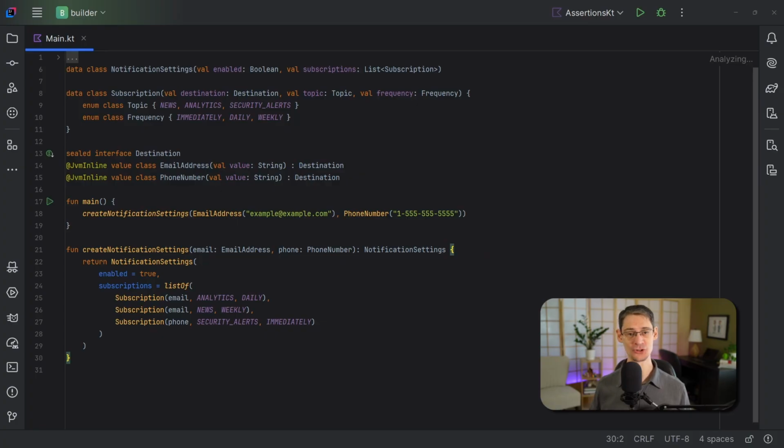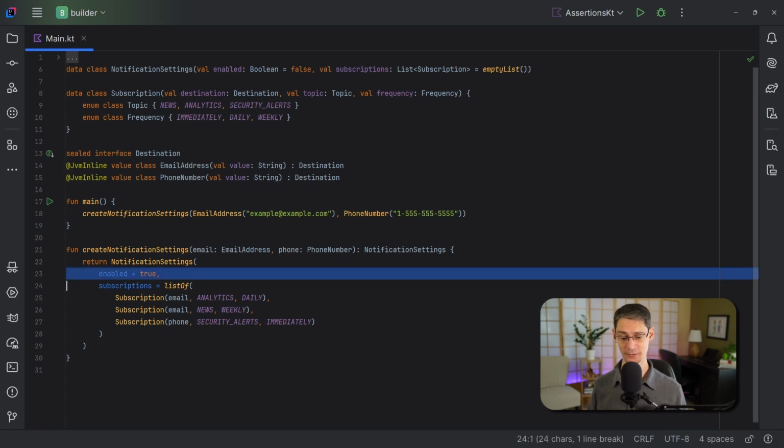Well, to start with, we should ask ourselves what it is that we're trying to achieve. So if all we care about is the ability to provide a default value or the ability to specify properties in a different order, we don't need a separate builder class at all. In fact, we can just use default arguments. And as long as we're specifying the parameter names when we call the constructor, we can shuffle around those arguments